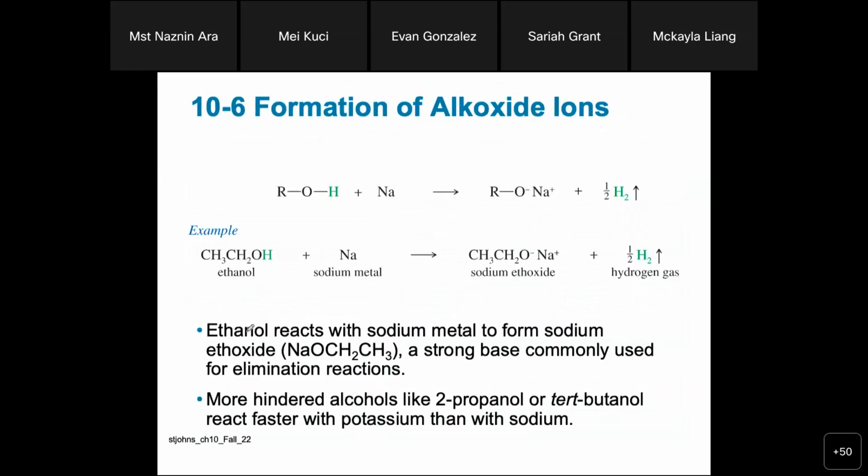Formation of alkoxide ions. Alkoxide ion, this is like RO-. So you remember we also talked about alkoxide ions in the alkene chapter, I think so, yeah. So ethanol actually reacts with sodium metal to form sodium ethoxide, a strong base commonly used for elimination reactions. More hindered alcohols, with more branching, like 2-propanol or butanol, react faster with potassium than